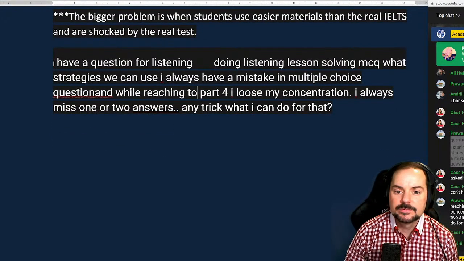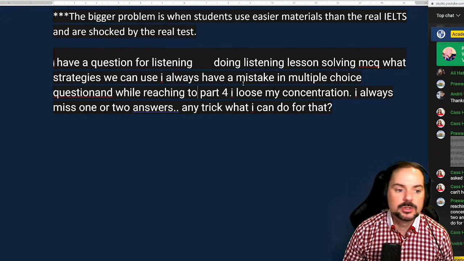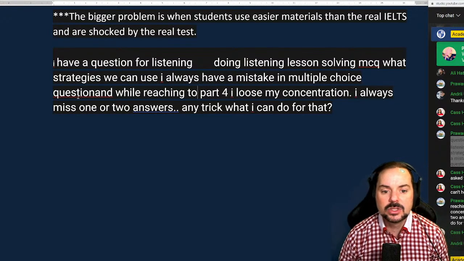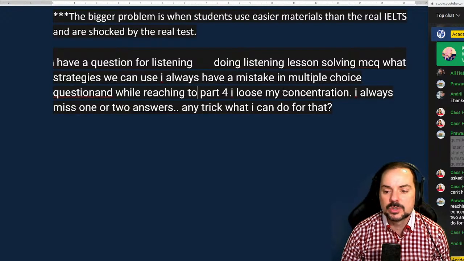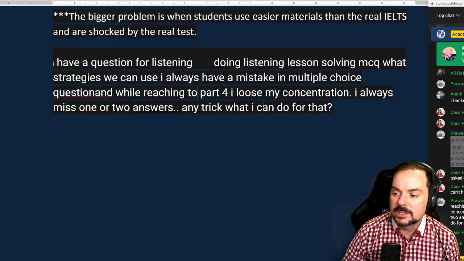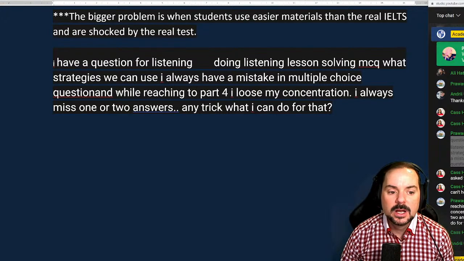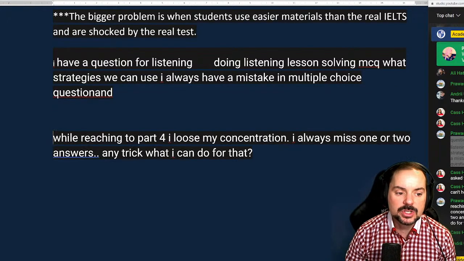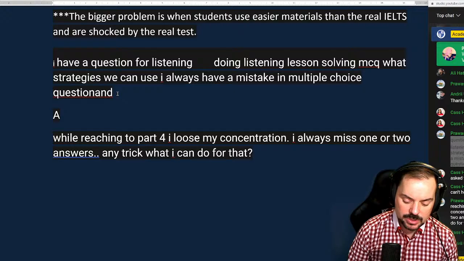I have a question for listening. Doing listening lessons, solving multiple choice questions. What strategies can I use? I always have a mistake in multiple choice questions. Yeah, I've talked about that, Pravasha, quite a bit. So you have a two-part question here. For multiple choice questions,